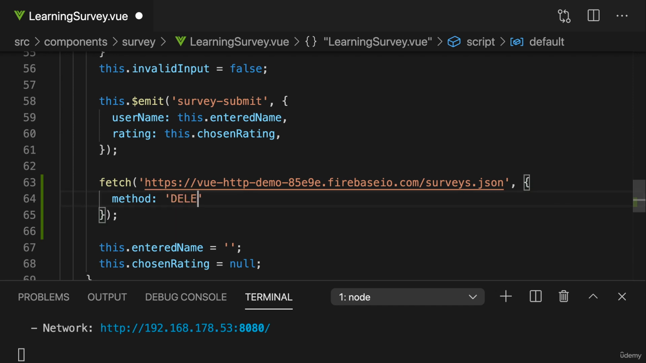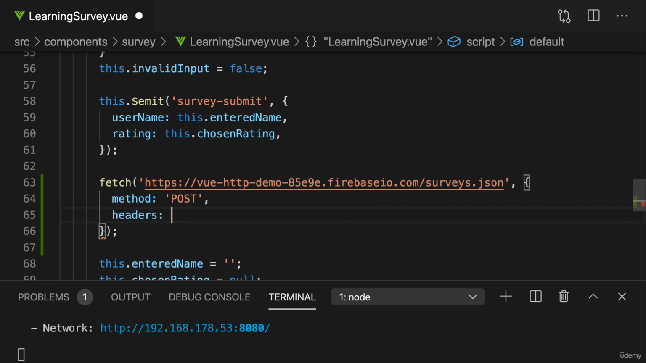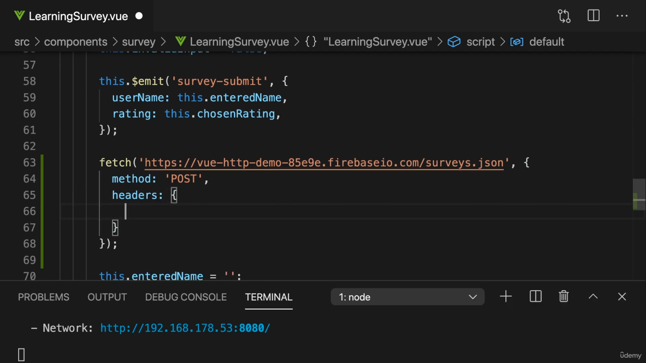And there also are other verbs like delete or patch for deleting and updating. But here we need post to send a new piece of data. And we also need to add some headers, some metadata to this outgoing request. To be precise, we should set the content type header to application/JSON, telling the server that we'll add some data